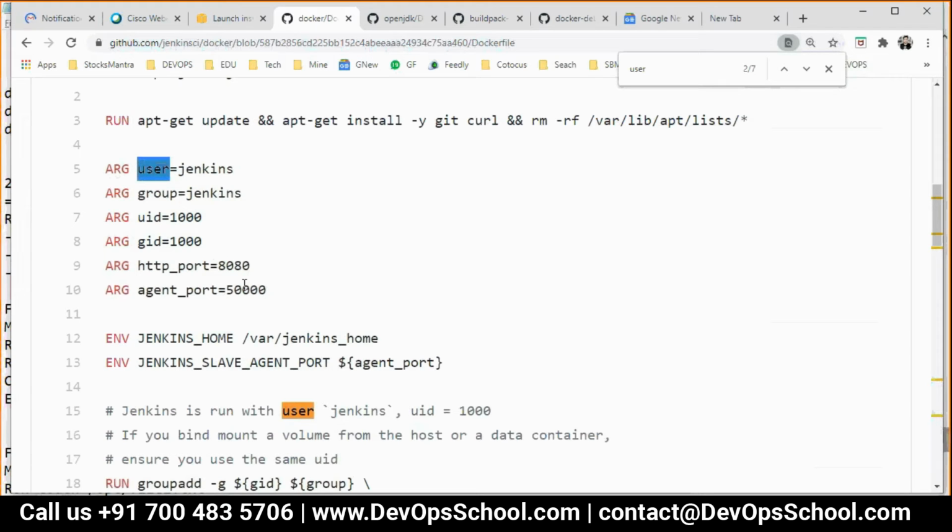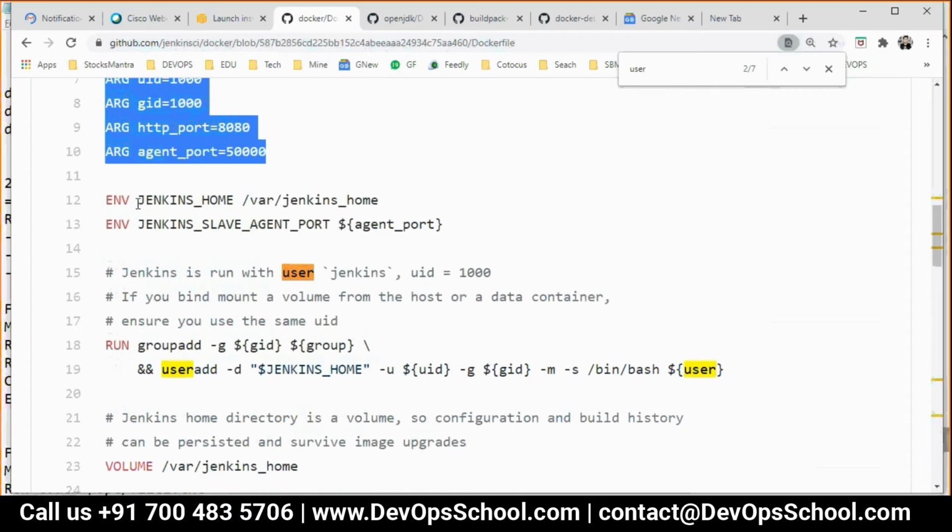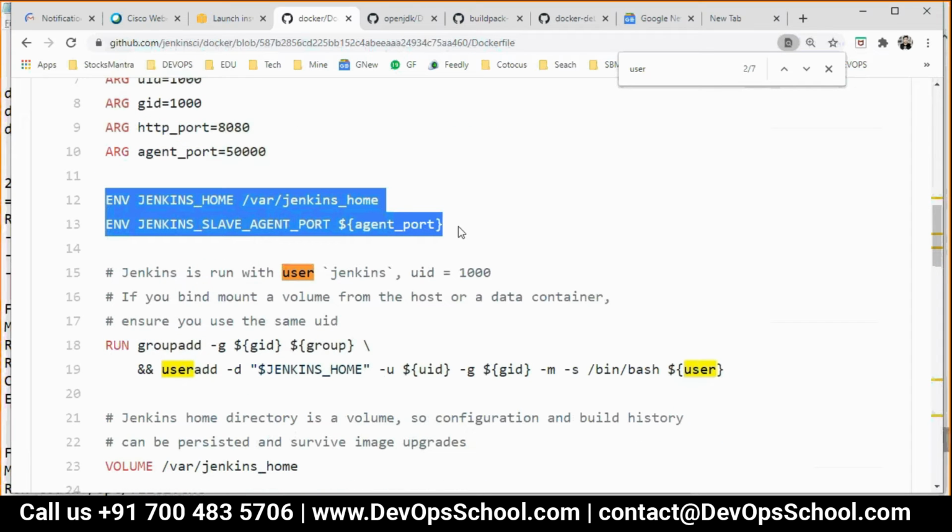Guys, any doubts so far with ARG? Any doubts so far? Guys, you understood? Yes. Okay. Now what will ENV do? It sets the environment variable inside a container.